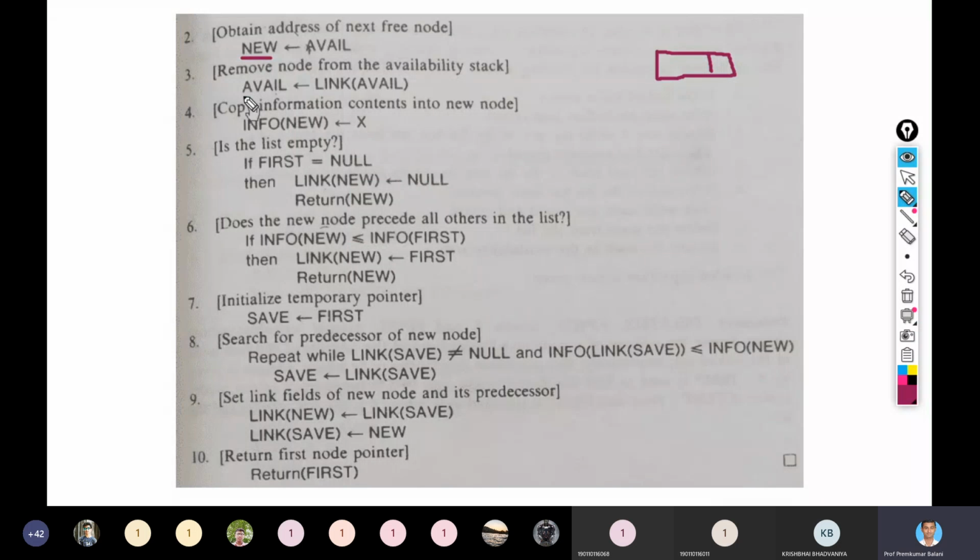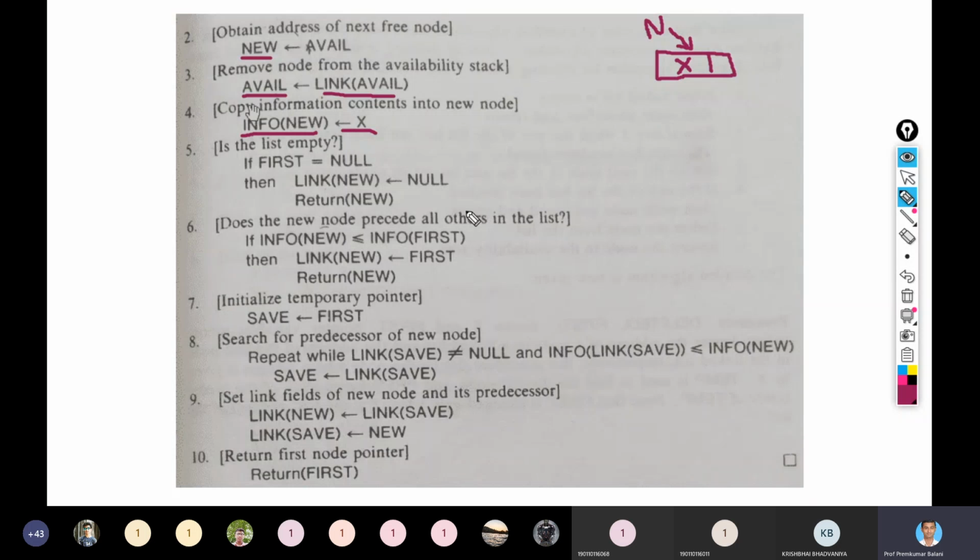Then you update the avail pointer to point to the next node in the list. This we have seen in the previous two algorithms also. Then update the info part of the new node with x, the element to be inserted. So insert x here, and this is the new node. Instead of new, I just write n.